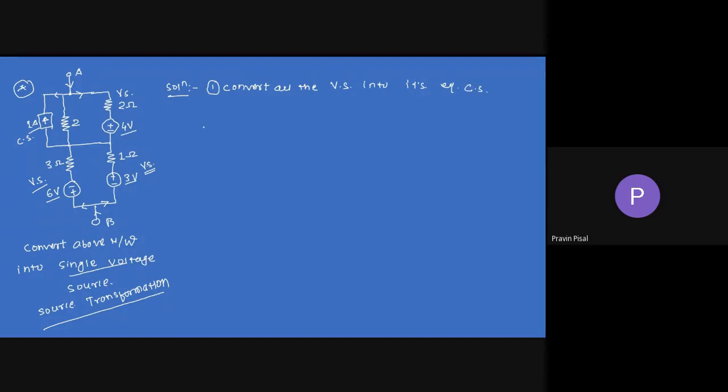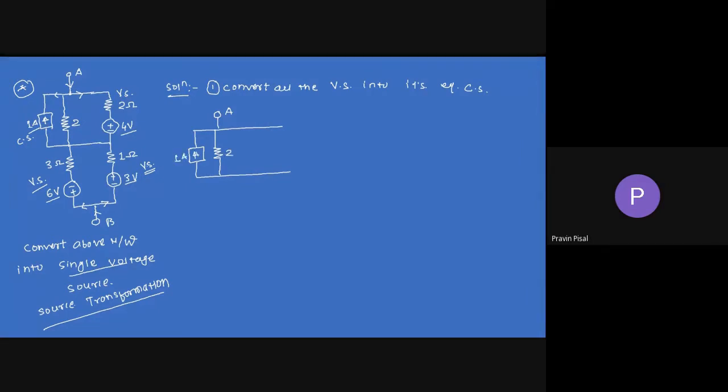Okay. So now I am converting this. So you can see, they have given it in terms of a box. So just use the symbol given in the numerical; you have to use the same symbol. Okay. So this is the current source, which will be as it is. This is 2 and this will be 1 ampere.